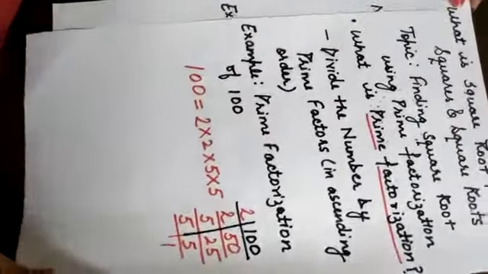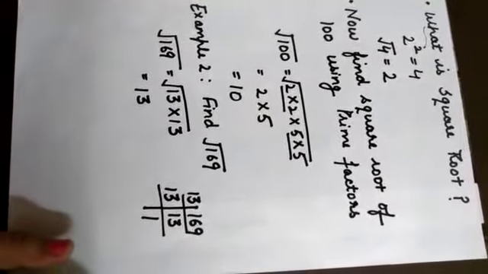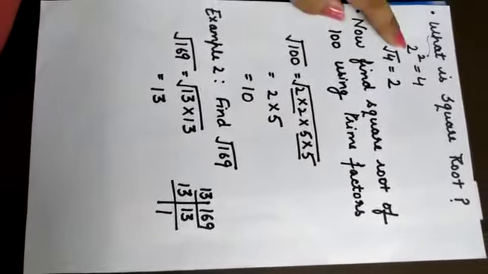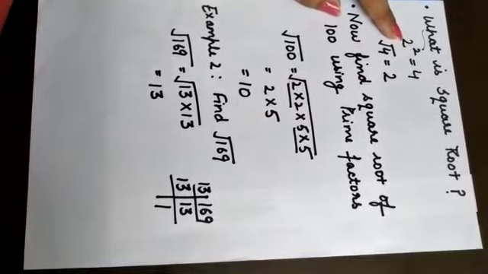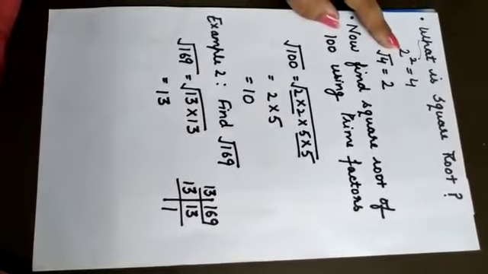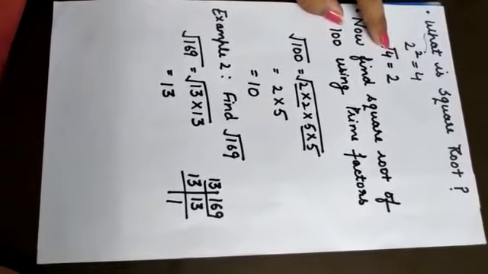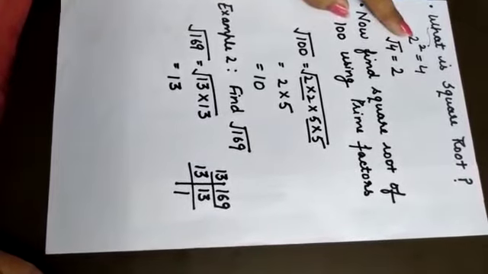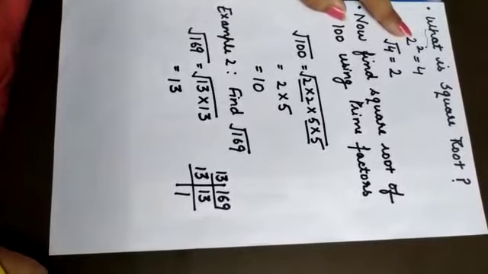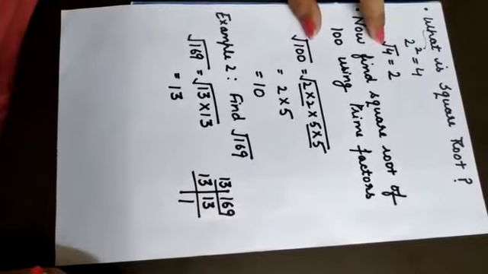But before that, we should know what square roots are, right? If you can see, the square of 2 is 4. By now we have understood that when we multiply 2 by 2, it is 4. Now how do we find the square root of 4? That means, we got the square of 2 as 4, but how do we find the number whose square is 4? That is your square root, right? If you can see, the square root of 4 is 2.